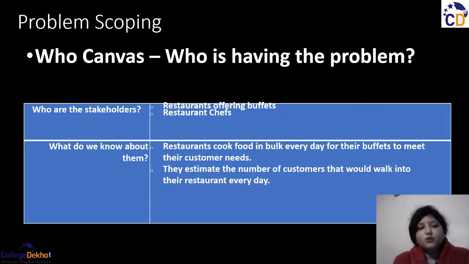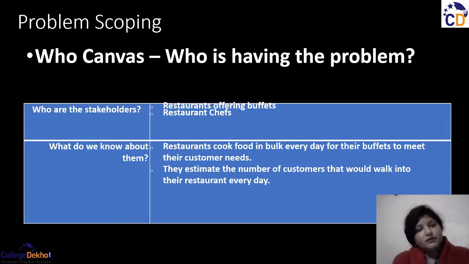The first is who, the second is what is the problem. One by one I'm going to take it, but let me give you a brief. That is, who is having the problem, what the problem is about, where this problem is arising, and the last part,